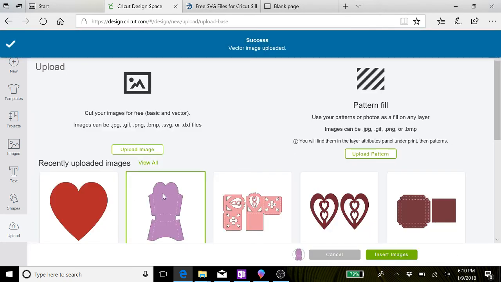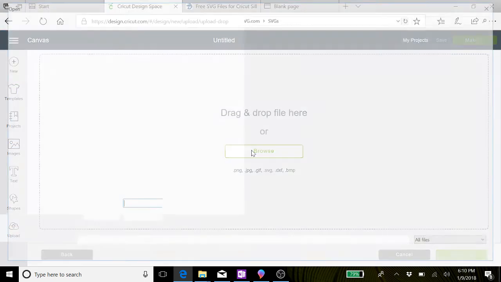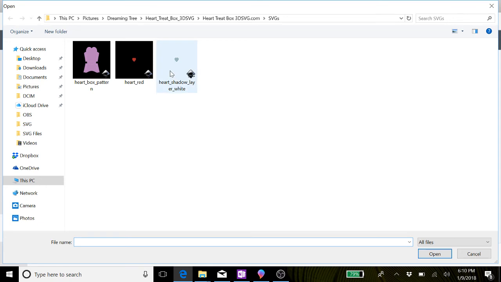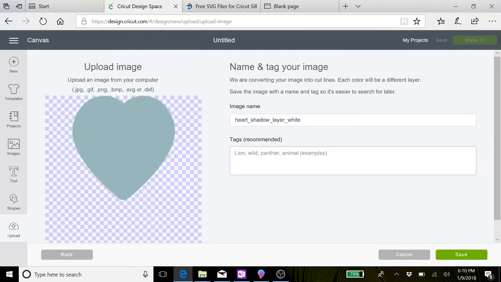Okay, now I've got two of them in there. There was one more. So we'll go to Browse, click on the shadow, open it, tag it. Hope I'm not going too fast for you. Valentine's, heart, shadow, layer,